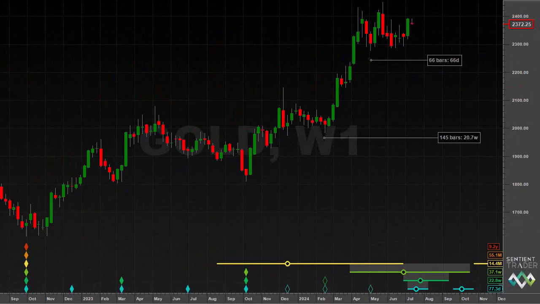Gold continues to be interesting, but something occurred last week, which is that price moved upwards, contrary to our expectation for the formation of a fairly high magnitude cycle trough, in this case an 18-month cycle trough. I've taken a step back and we're looking at the weekly chart here so that we can consider what is actually happening, because the analysis performed by Sentient Trader changed last week when that bullish candle formed.